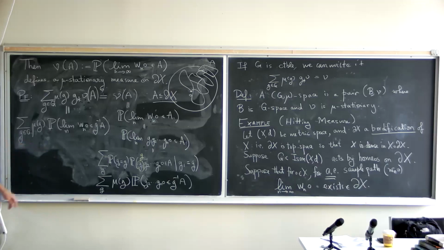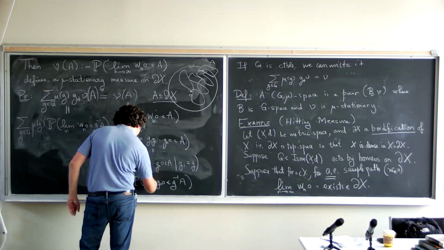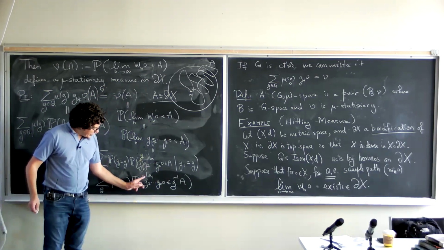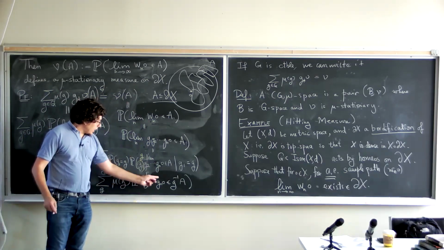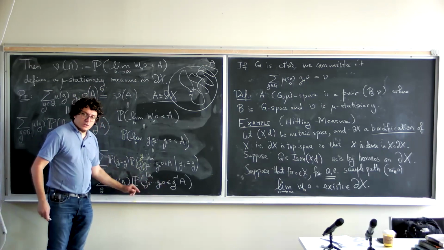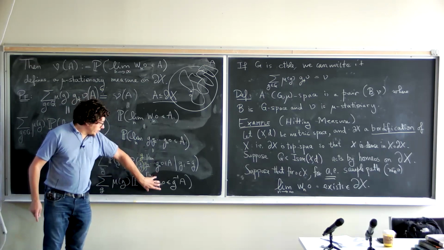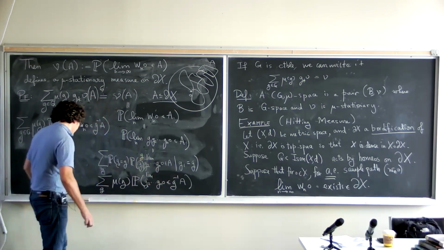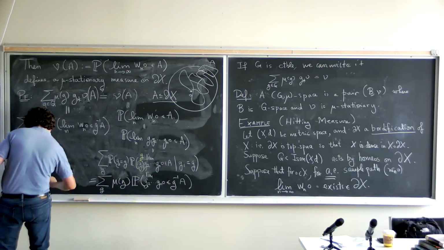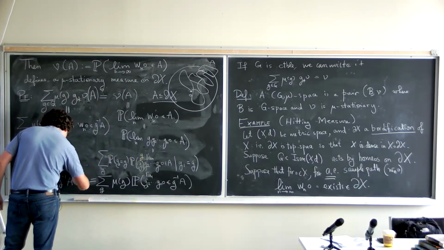And then, sorry, the limit. So here there was a limit. There's always a limit. It doesn't matter because the G_i's are IID. They're a Bernoulli process, so it doesn't matter if you start from the second. It's still the same process as starting from the first one. So this is the probability of hitting G inverse A. So this is literally the sum over G of mu of G, nu of G inverse A.